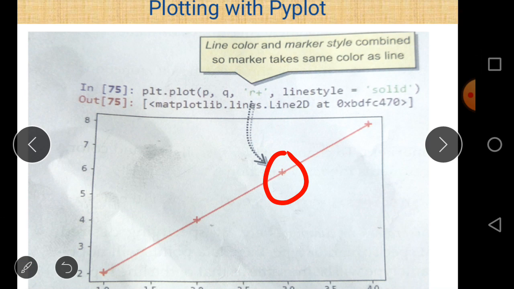So in this example, one thing is very important: you can join line style, line color and marker style.